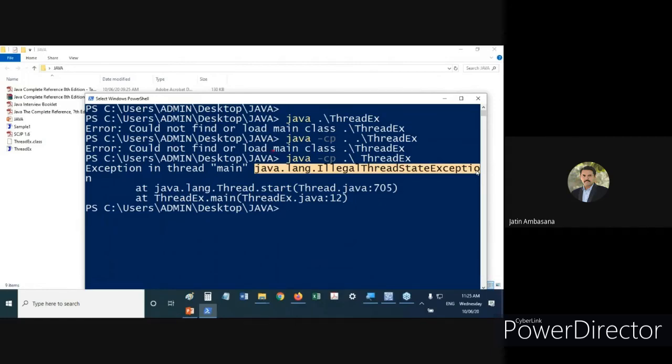When I try to run it with this line, java -cp ./ ThreadEx, I'm trying to run the ThreadEx class from the current directory, and there it is showing IllegalThreadStateException.